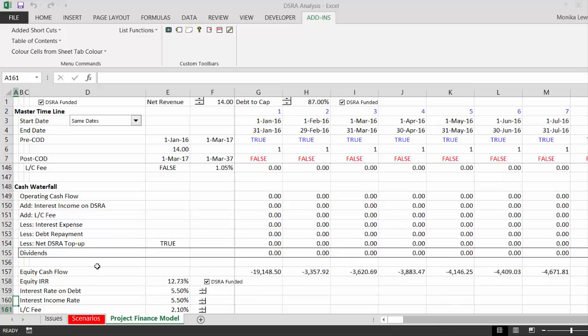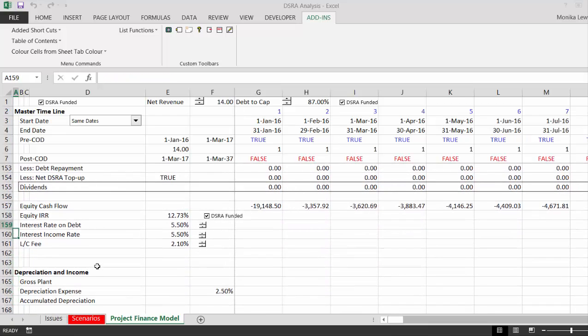Okay, and then finally, I put the equity IRR here. That's what our eyes should focus on, even though IRR has so many problems. And then let's see how it's sensitive to some of these inputs. Now, right now, I put a ridiculous kind of thing. I suppose I could have put a scenario analysis in, but let's just mess around with this. So right now, if the DSRA is funded and we earn a lower rate on the interest income, and we earn a rate something like